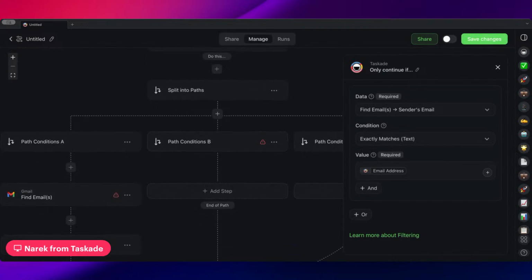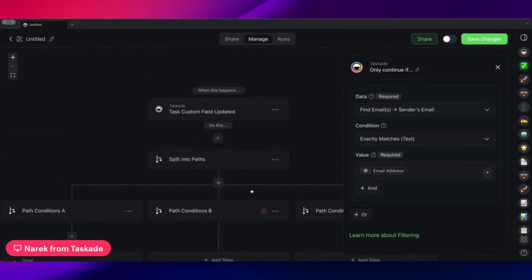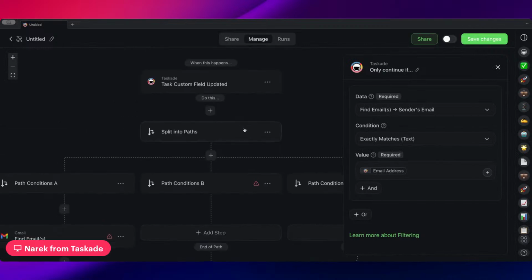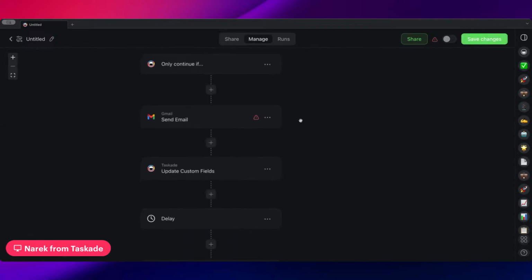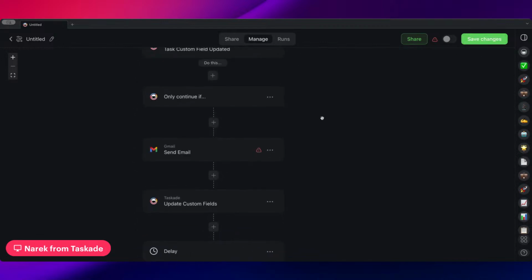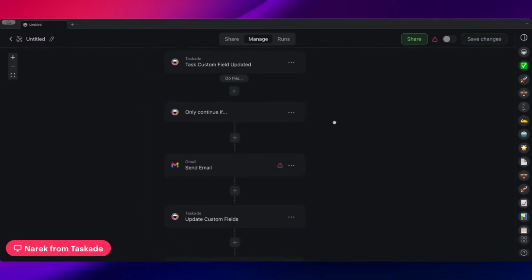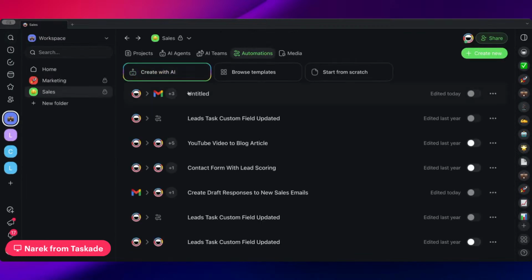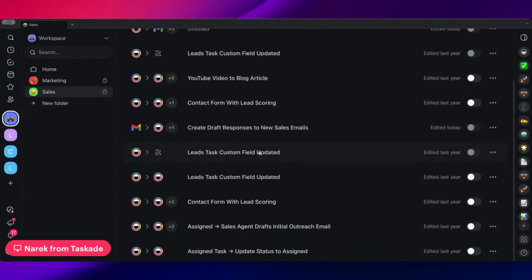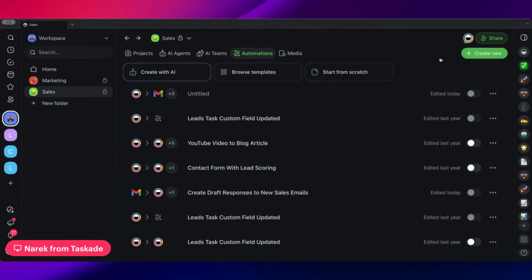So yeah, let's see. That was pretty much the custom field automation setup that I had in mind. I'm going to actually delete these branches and keep it simple like this so then I can actually share this later on. And then the final one, I am going to do a new